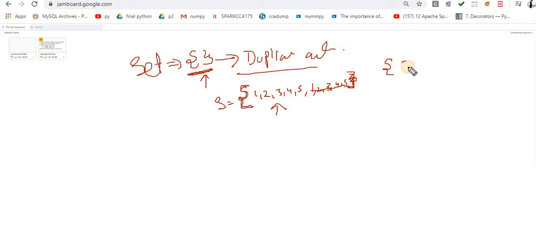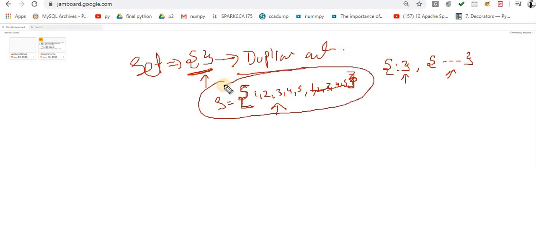Dictionary और set में difference क्या है? Dictionary is a collection of key-value pairs, set is a collection of heterogeneous objects. So this is the only difference between these two. आज जो हम elaborate करने जा रहे हैं वो set को elaborate करने जा रहे हैं. How we can handle this set, how we can add, how we can remove an item from this set.